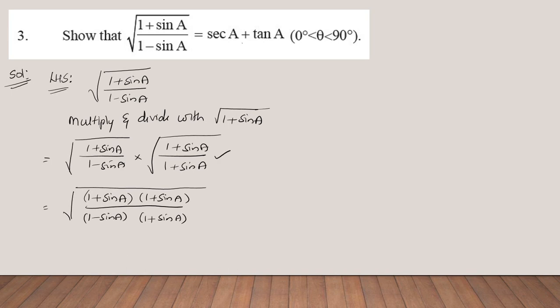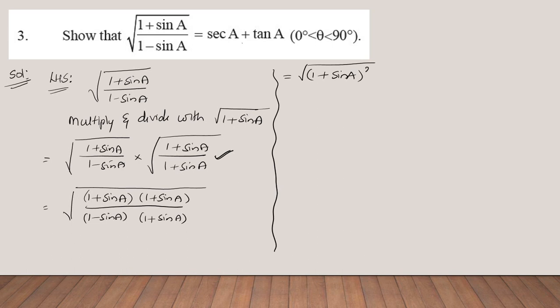If you observe this particular form, it is nothing but 1 only. 1 plus sin a by 1 plus sin a means 1, and when you multiply anything with 1, you get the same thing. So what will be my next step? The square root of 1 plus sin a into 1 plus sin a is nothing but